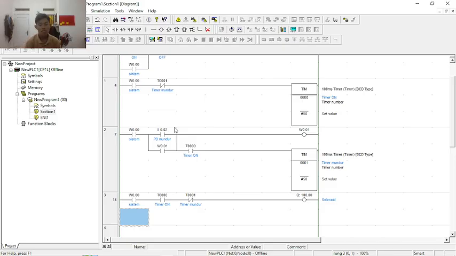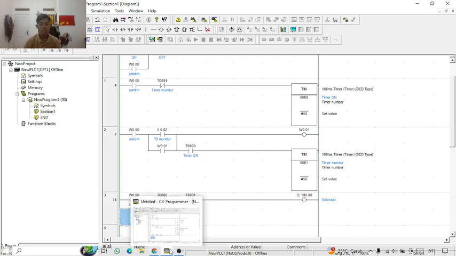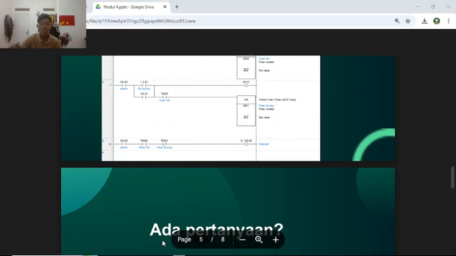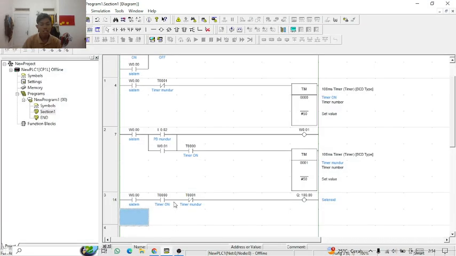These examples show how timers are not just for learning but are very practical in real systems. So that is for the application of the timer ladder diagram.